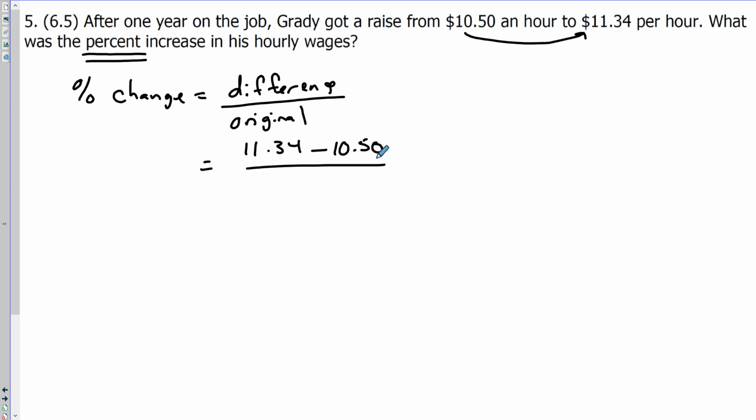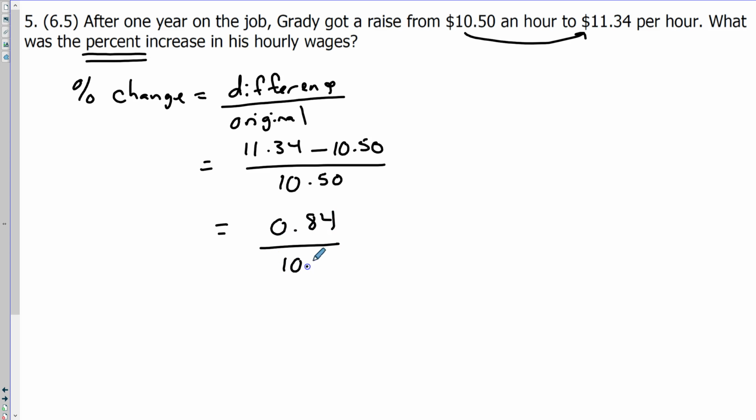So my original amount is what I started with. In this case, it's Grady's original pay amount, which was $10.50. And that's the important piece, that when they are talking about a percent change, like this percent increase, you have to divide by the original amount, whatever you started with. Because it did change, right? It either went up or potentially down, but you're always comparing it to what you started with, what the initial value was. So when I subtract, I get 84 cents on the top,